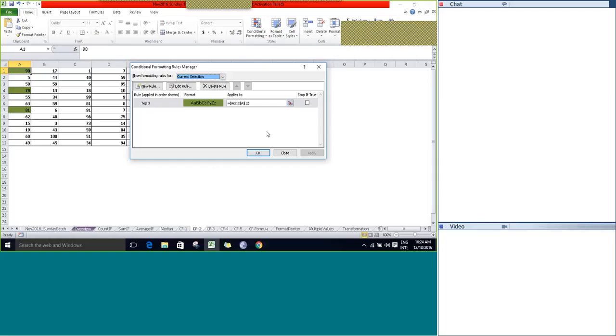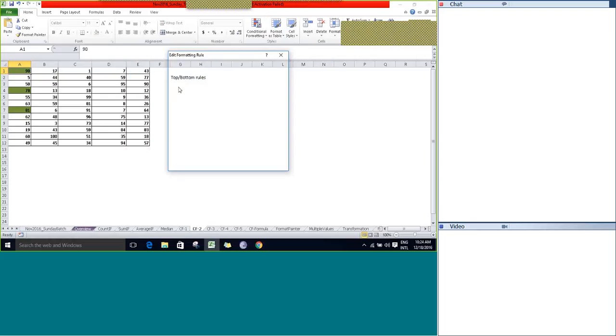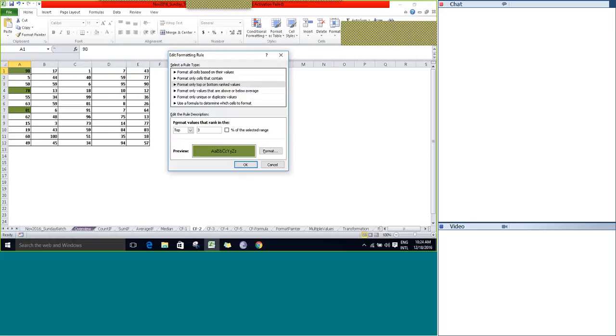Here you can see that in the current selection, there is only one rule applied. What is that rule? Top 3. If you want to edit, go to edit and you can select top or bottom. We will look into that option there. If you want to change,